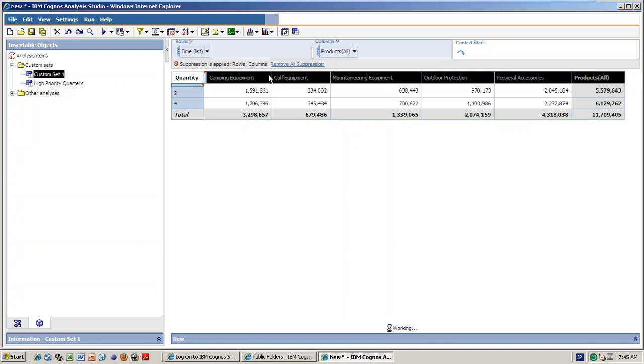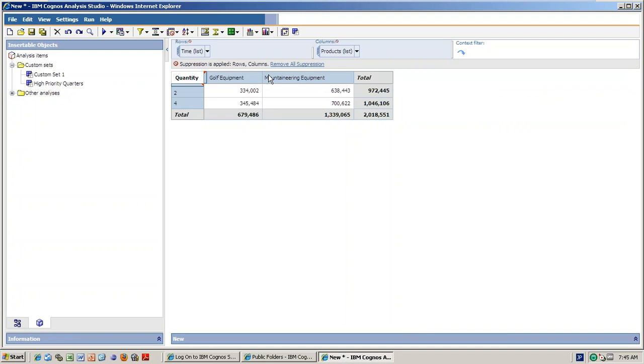So in 100 products, if 30 products are high priority, in that type of situation, one time you create a custom set. Those 30 products you select and save as a custom set. So in future, anytime, whenever the users want to see high priority products, they don't need to select those things once again. They can simply drag and drop because you already created it for them. So it will be useful for the users while they are analyzing it.